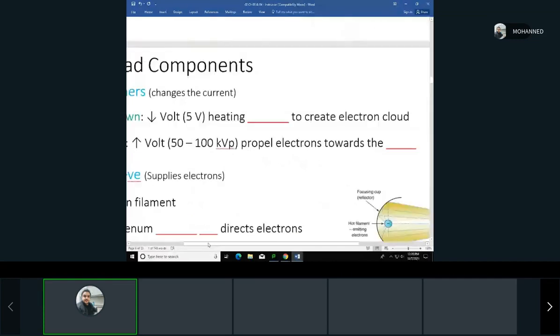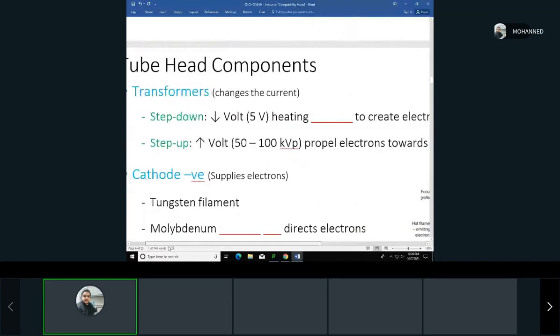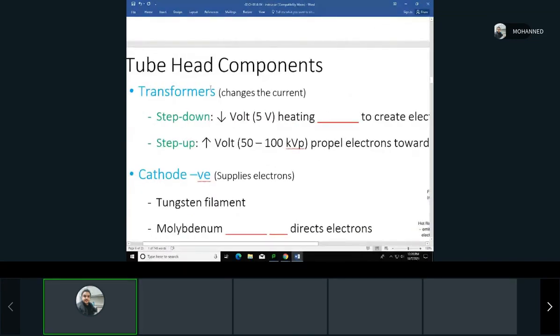Okay, remember the transformers that I was talking about? These technically change the voltage. We have a step-down transformer that will reduce the voltage, to about 5 volts, heating the